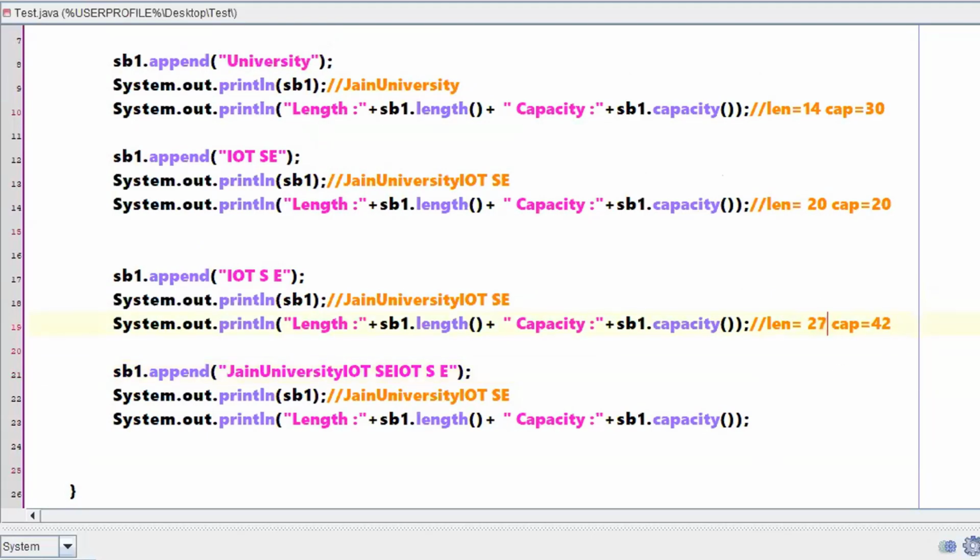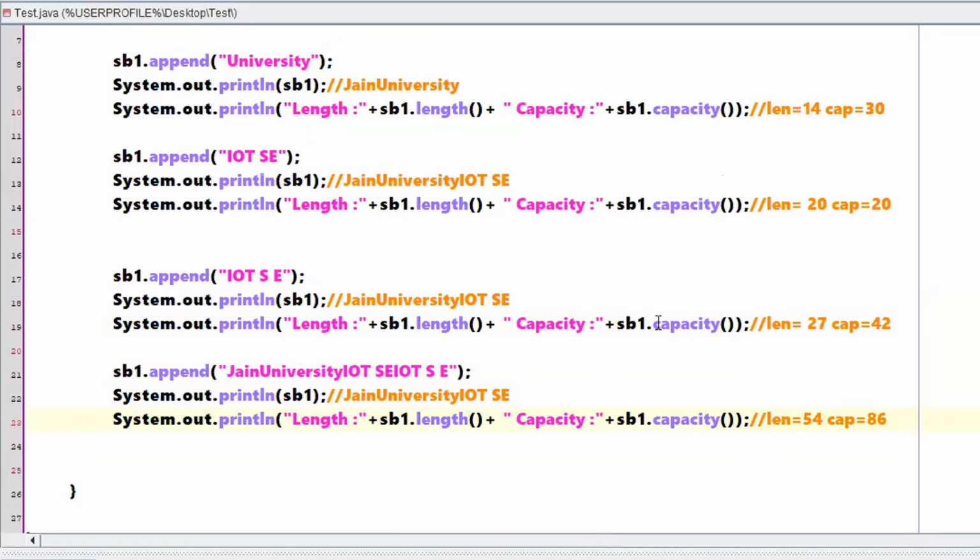Here the length was 27, and after adding this, the new length became 54, and the new capacity became 86. Take a glance at this program for 1 minute. I'll come back in a minute. Hope no questions with respect to length and capacity.